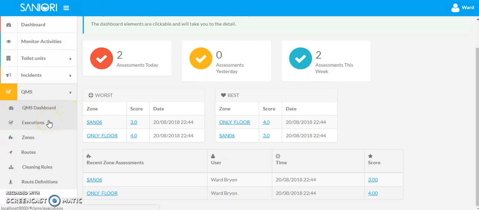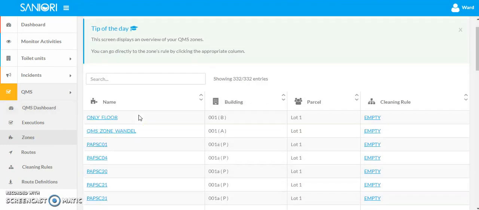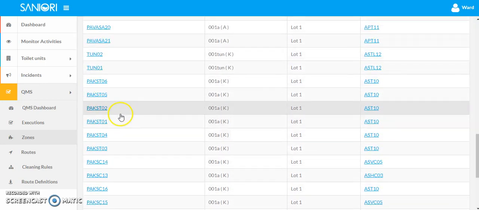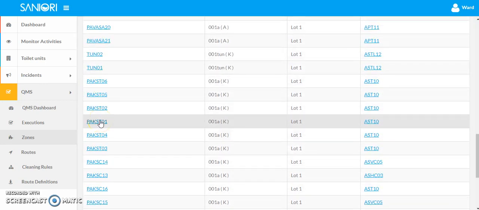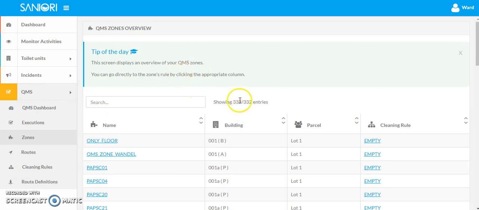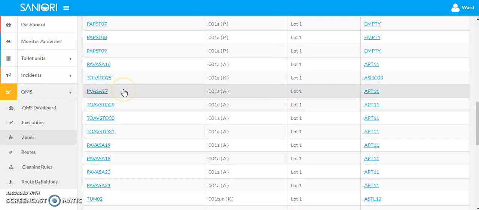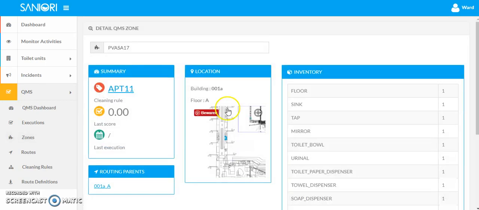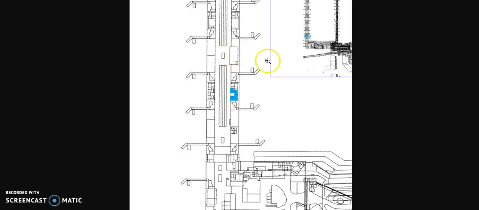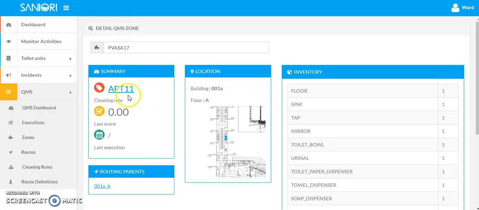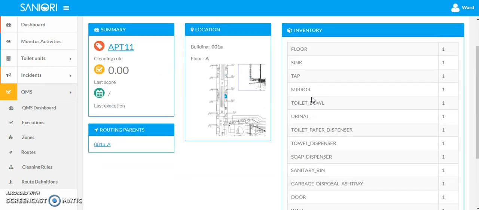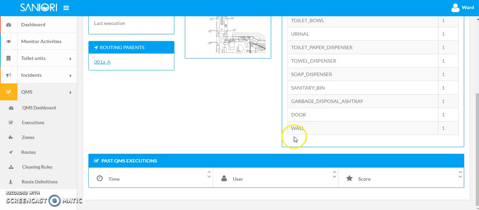The QMS module actually consists of three main topics. The first topic is the zone, which is showing the certain zones that your airport comprises of. In this case, we have over 300 zones identified in our airport, and each zone has a blueprint where you can find a specific zone, and also an inventory of everything that is available in this type of zone, and